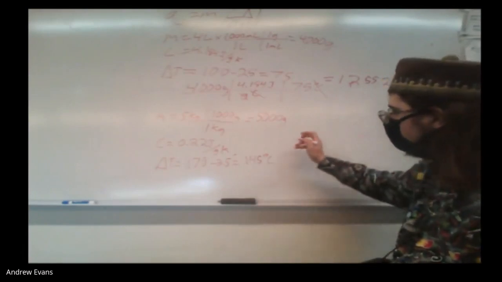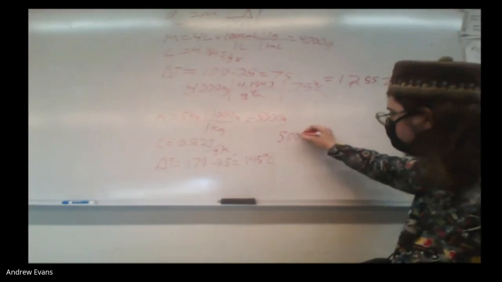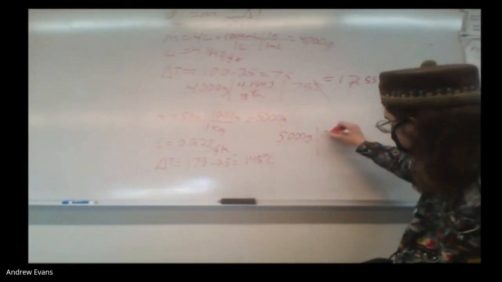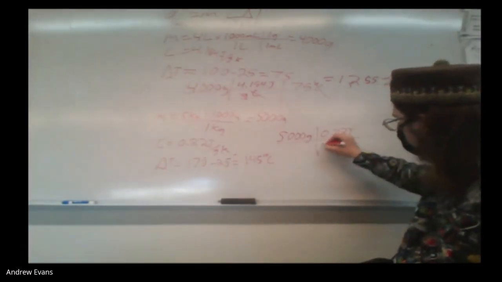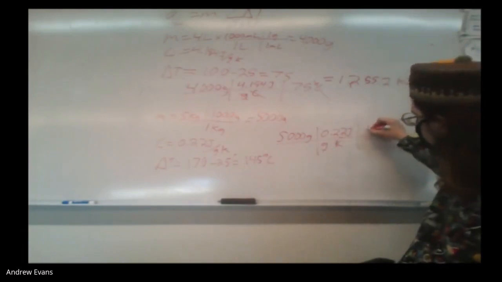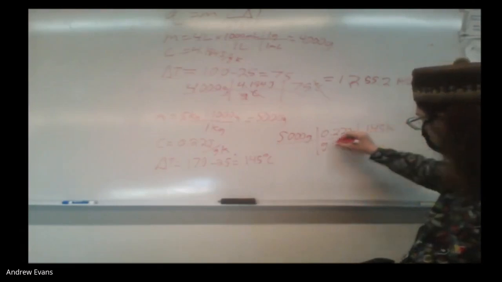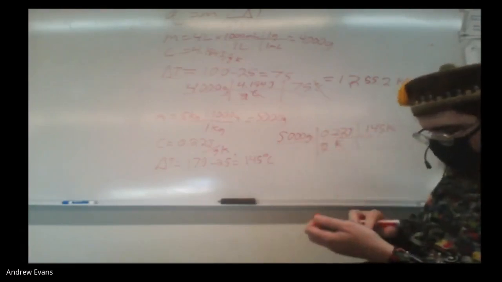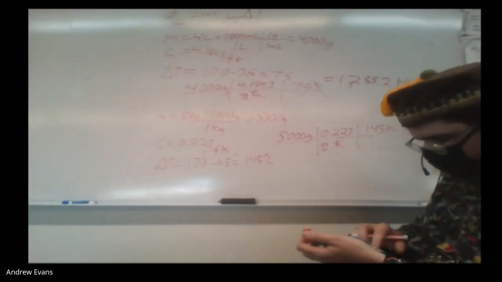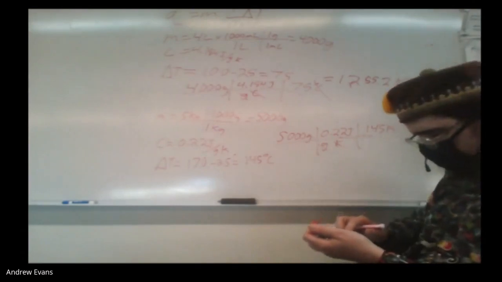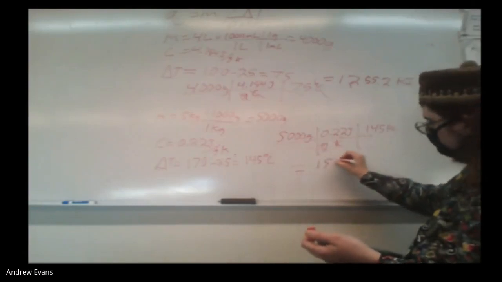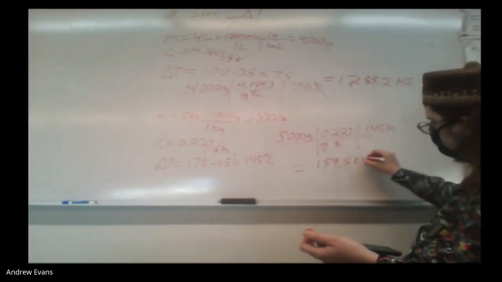So let's look at tin. We're heating more tin to a higher temperature. But you'll see something. More tin to a higher temperature, but 145, okay. 5,000 times 145, but times 0.22. And I'm going to divide by 1,000 to get this into kilojoules. You would have 159.5 kilojoules, or